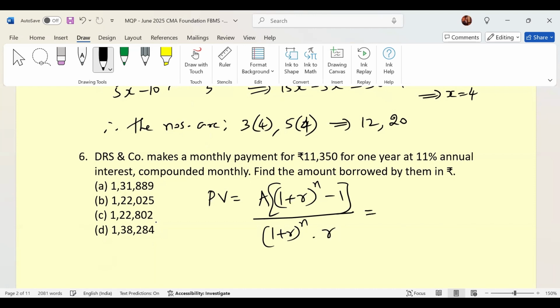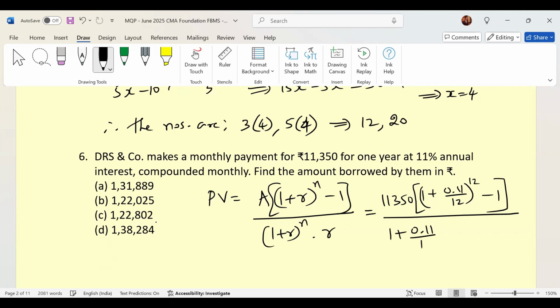Now substituting, annuity amount is 11,350. Annual interest is 11%, but we are compounding it on monthly basis. So it becomes (1 plus 0.11 divided by 12 to the power of 12, since in 1 year there are 12 months, minus 1) divided by (1 plus 0.11 divided by 12 to the power of 12 multiplied by 0.11 divided by 12). So if we calculate this, we will get the result as